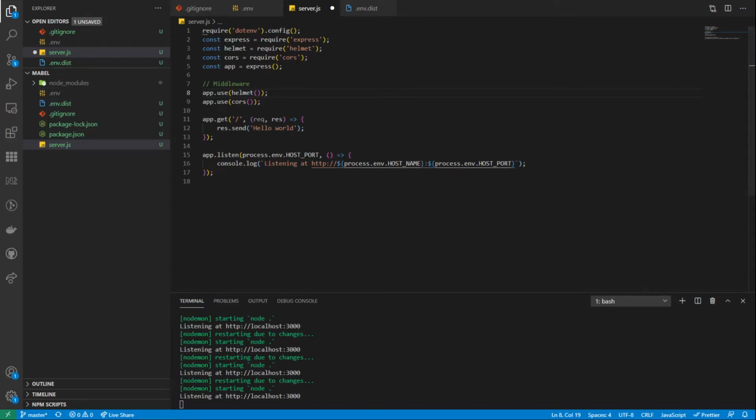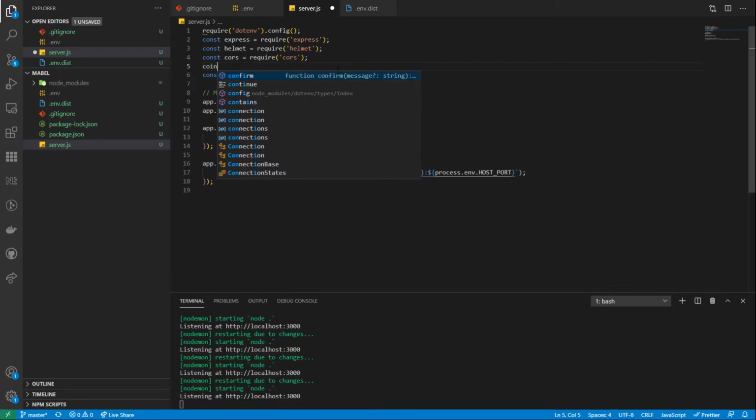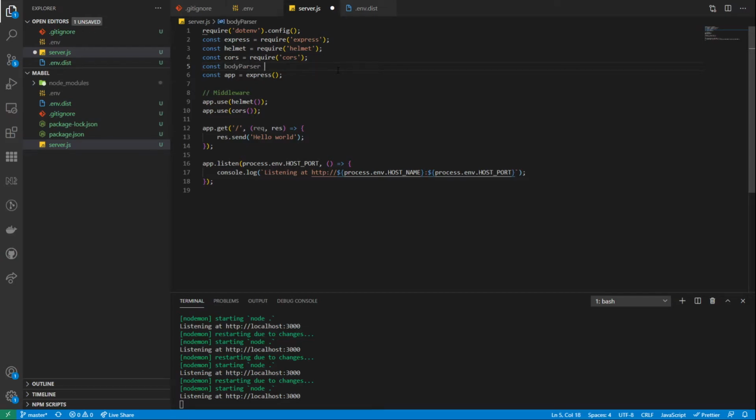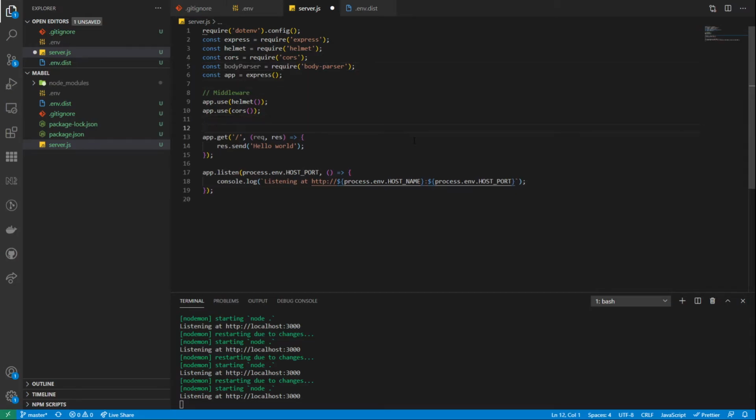All right, so let's go ahead and require it. Guys, you will almost never see me using var. I always prefer const or let. So body parser. All right. So I'm going to say app.use bodyparser.json. So now